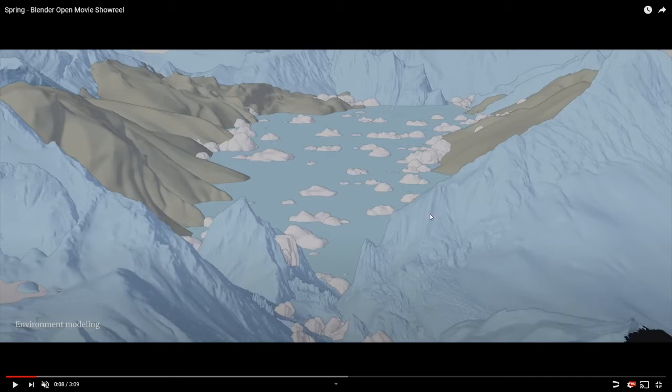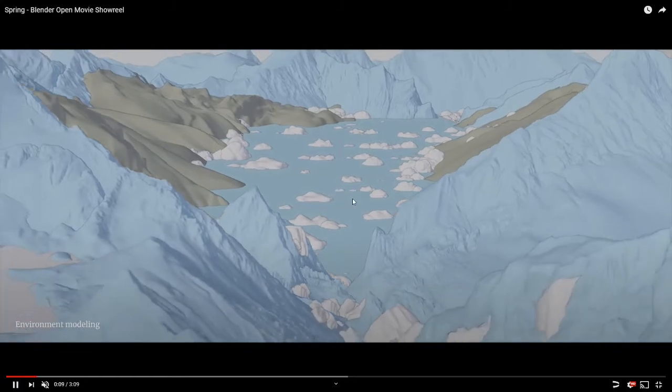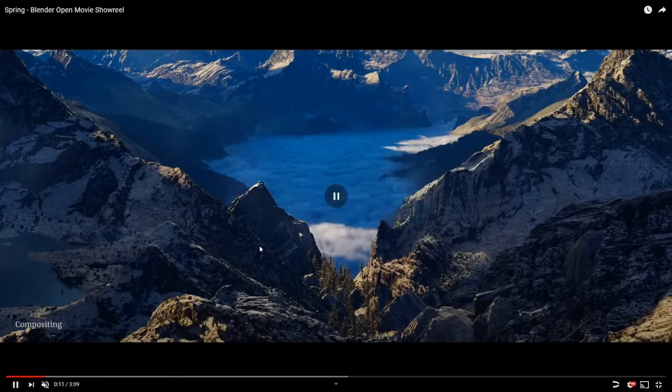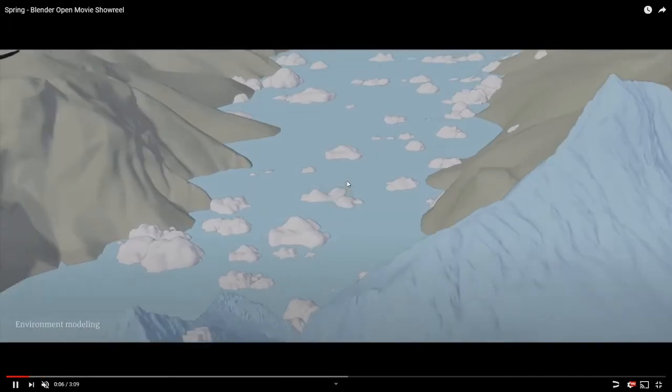If we need these sort of environments with lots of mountains and rocks and textures like that, I can show you a multitude of ways that I personally would go about it. Anyway, as we zoom in on this area, you can see that there are different passes. So